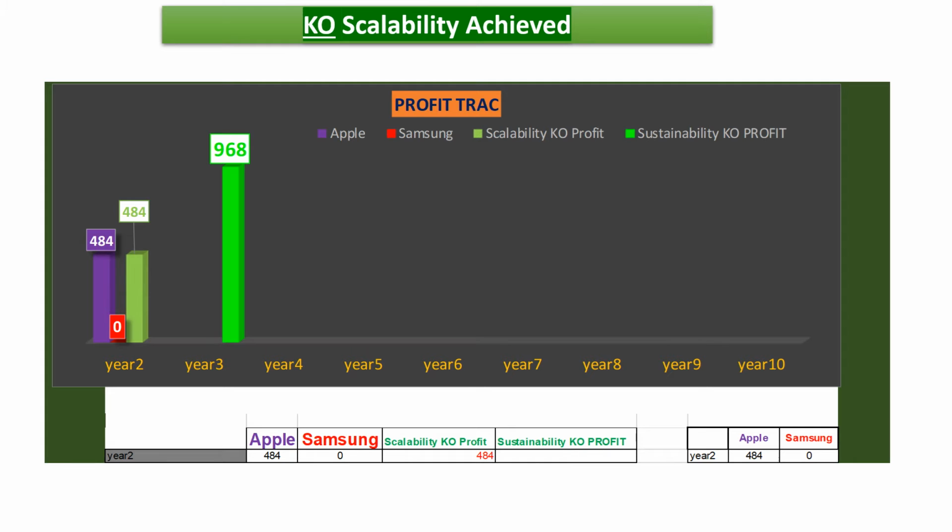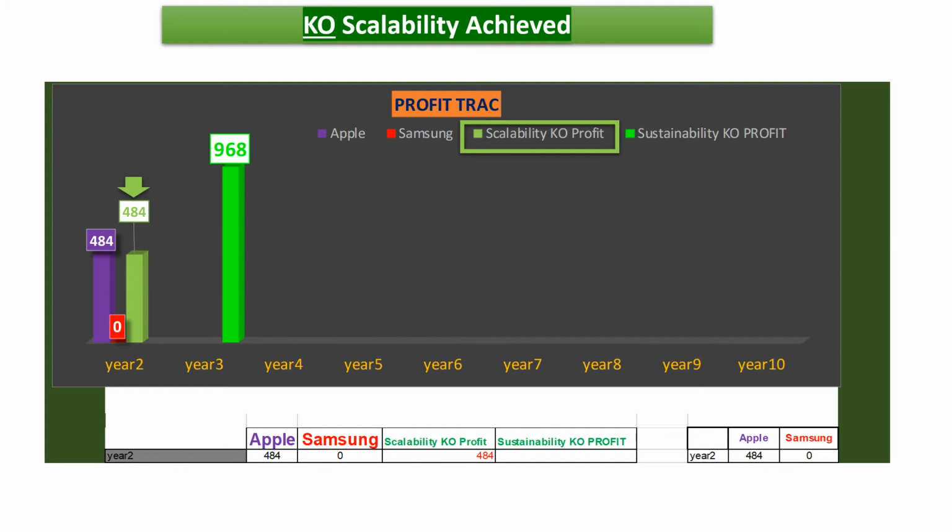And as mentioned, you achieve knockout scalability through your profit level. So here, to achieve a knockout scalability level, you will have to win with a profit level of